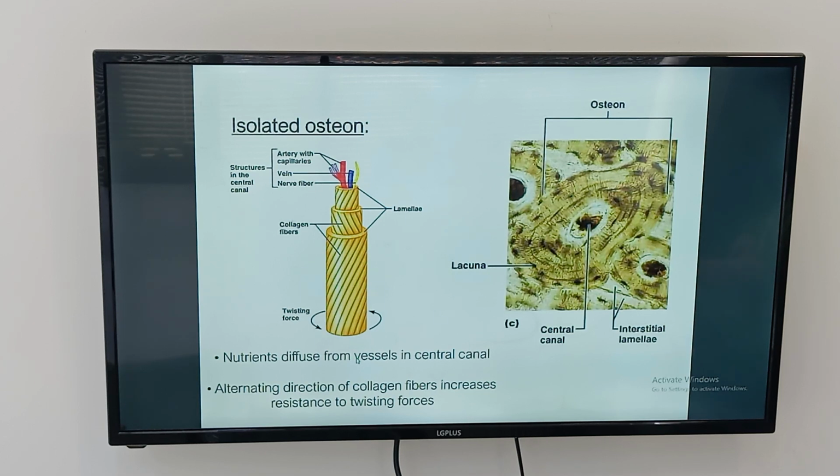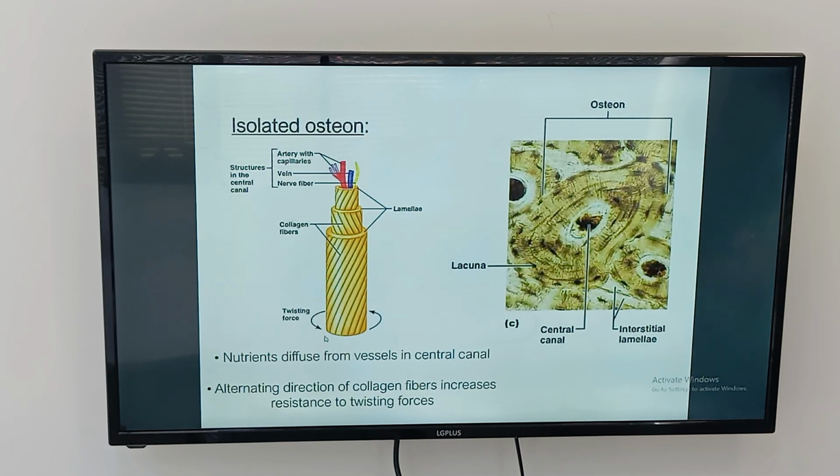Nutrients diffuse from vessels in the central canal. Alternating the direction of collagen fibers increases the resistance to twisting forces. Of course, as we said before, it has a twisting force. By alternating the direction of the collagen fibers that twist through, this will increase the resistance,